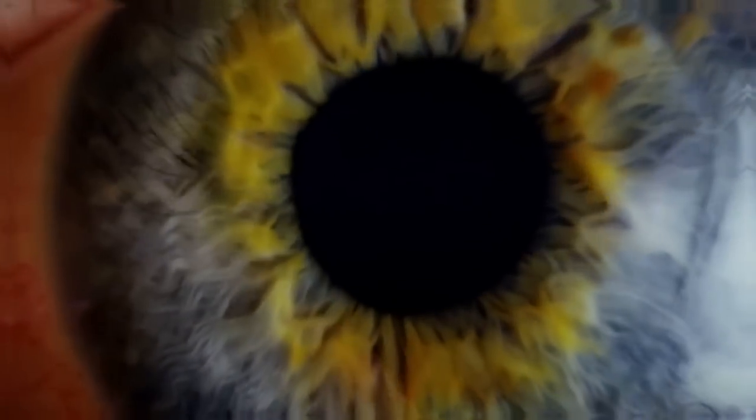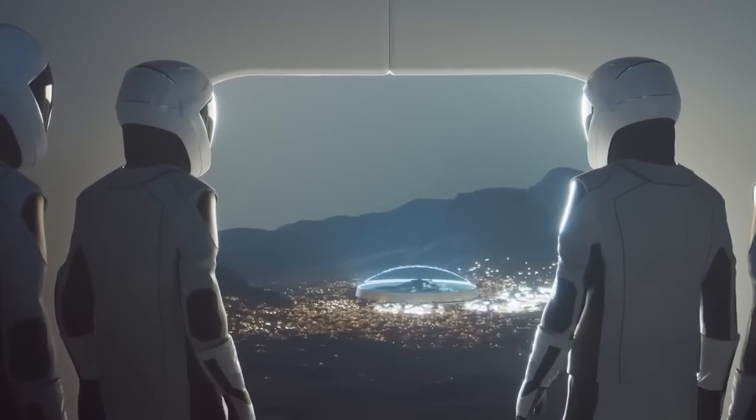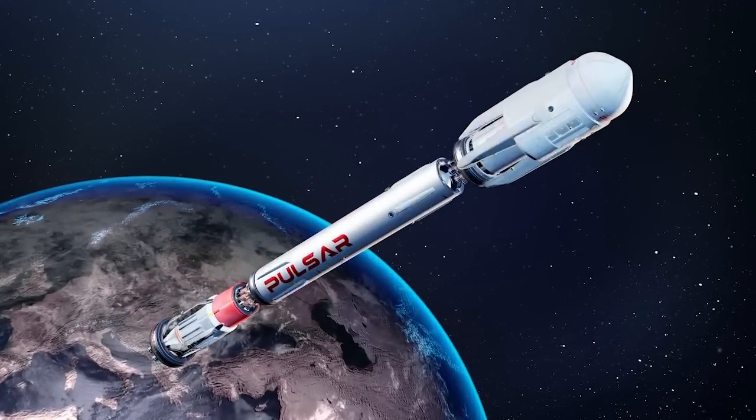Once again, SpaceX is setting the stage for a groundbreaking leap in aerospace technology. But this time, it's not just about reaching Mars, it's about how we get there. Introducing the nuclear fusion Starship, a concept that for years seemed like a distant dream. But now, thanks to Pulsar Fusion and SpaceX's relentless drive for innovation, that dream is on the brink of becoming